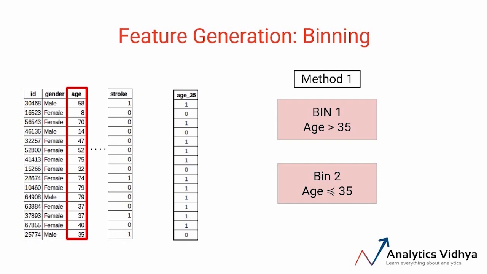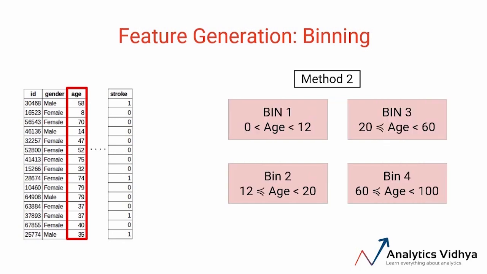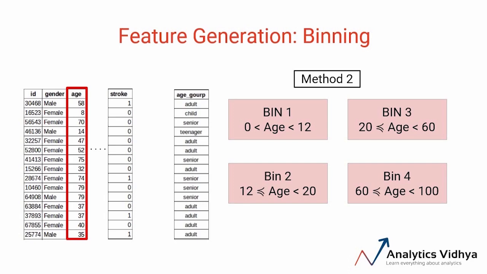We can generate multiple bins in a similar manner. For example, set age 0 to 12 in one bin, 12 to 20 in another, and so on. In this case, we will have a new variable which will be categorical, or you can even say it will be ordinal in nature. Look at the example shown here. We have 4 categories: child, teenager, adult, and senior citizen. Since the variable here is age, we were easily able to decide the range values based on our experience.